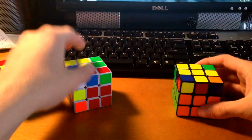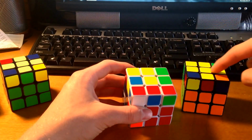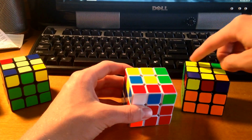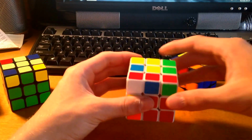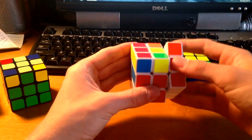So insert that. The only downside to this case is when you have a horizontal bar, like this one, you will get a cross case. If you have a half horizontal bar, you'll get a bar case or an L case. Problem is if you have a vertical bar, or a half vertical bar, because you can't have a full vertical bar, obviously, you're going to get a dot case. So it's really just personal preference. If you don't like dot cases, then,